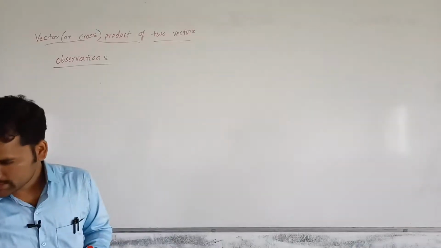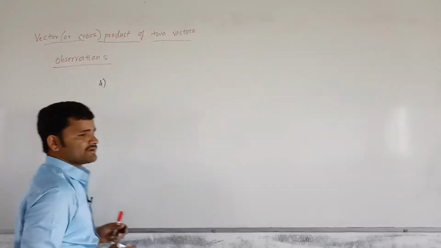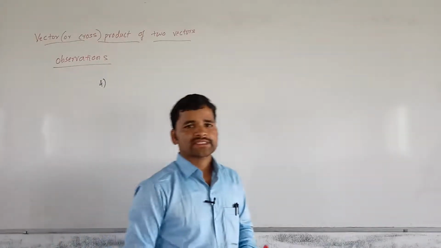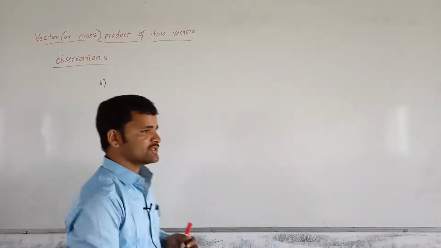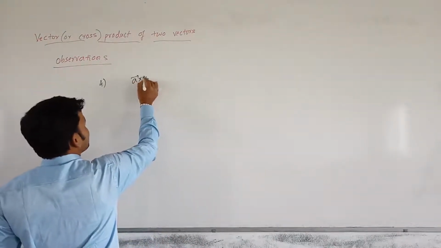This is the third observation. Now let us go with the next, fourth observation. Can we find out the angle between two vectors using this? Yes, we can find the angle between these two vectors using the formula a cross b is equal